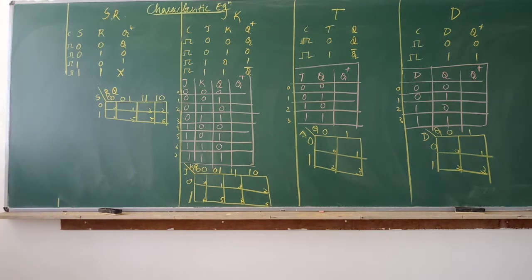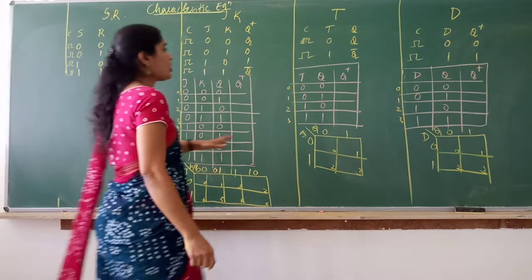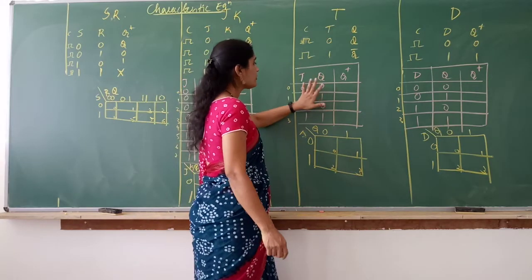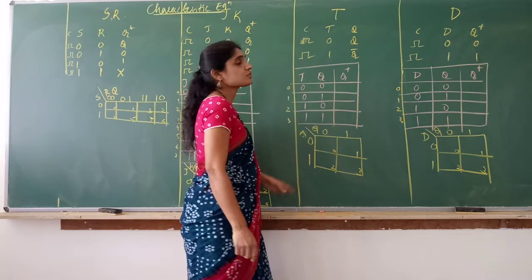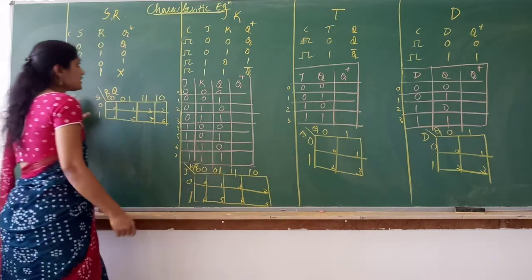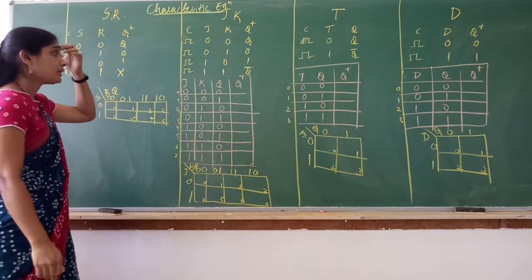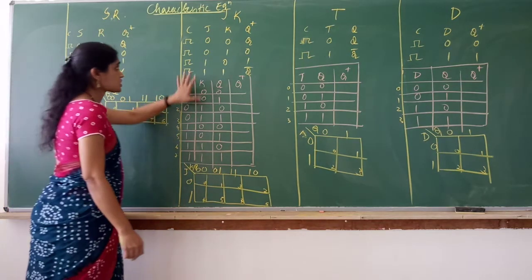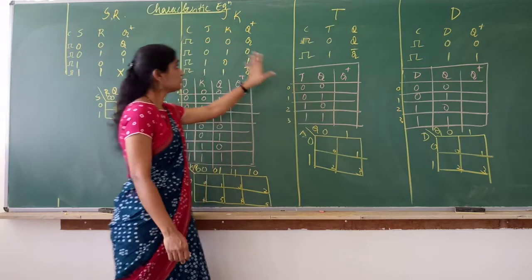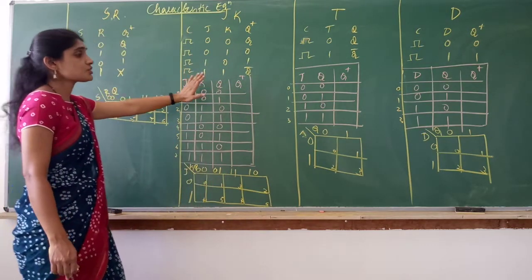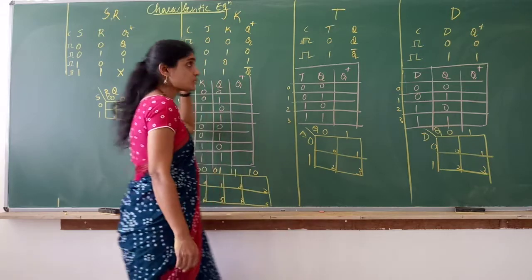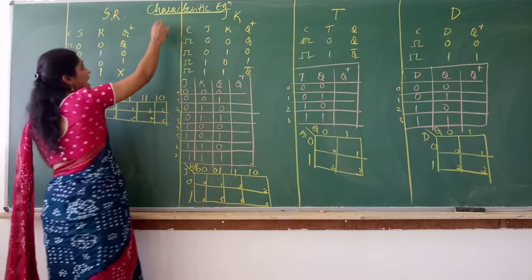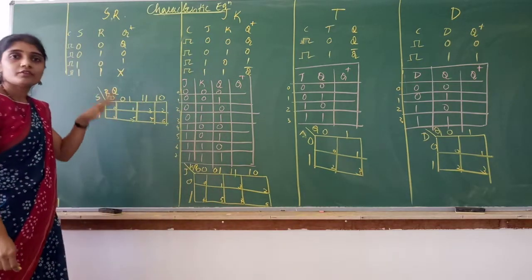You can explain a flip-flop with a function table. If I ask you what is T flip-flop, you can explain the T flip-flop with the function table. You have to write the function table and explain T flip-flop. Same for JK, SR and D flip-flop. But the characteristic equation is nothing but we are going to derive an equation for each flip-flop. We are going to derive an equation for JK, for T, D as well as SR flip-flop, which explains the characteristics of the flip-flop.